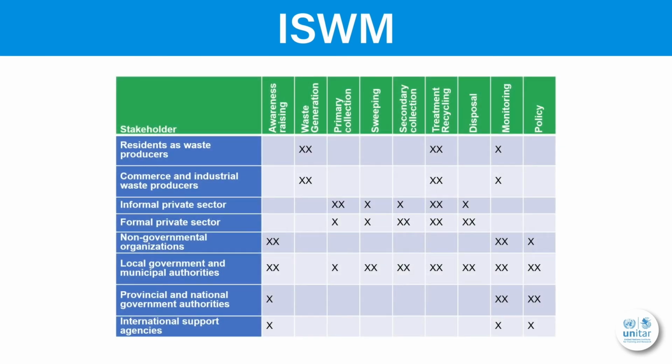Here are some examples of stakeholders and their possible roles in the solid waste management system. Waste generators are always a key stakeholder. They provide the waste and need to interact or interface with a solid waste management service, as they will need to make their waste available for collection. They might also segregate their waste or practice some form of recycling, and last but not least, they will pay